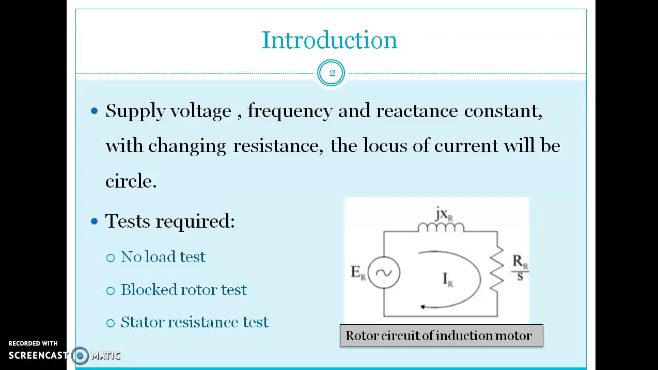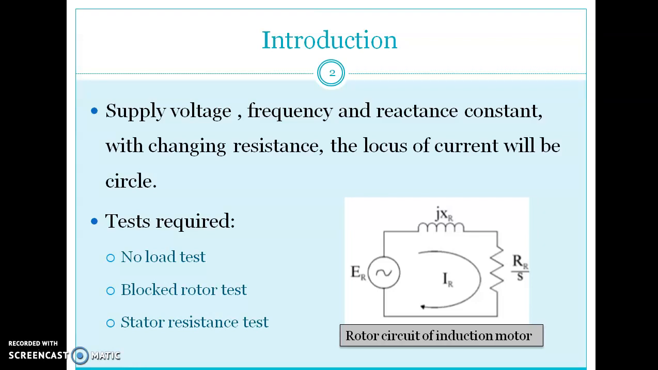As the mechanical load on a three-phase induction motor changes, there will be change in the speed and correspondingly the slip S will keep on changing. Here you can see in the equivalent circuit, the resistance is having a magnitude RR by S. So as the mechanical load changes, the resistance will keep on changing, and hence we can apply the principle which we studied earlier, and with the help of that we can say that the tip of the current locus IR will be